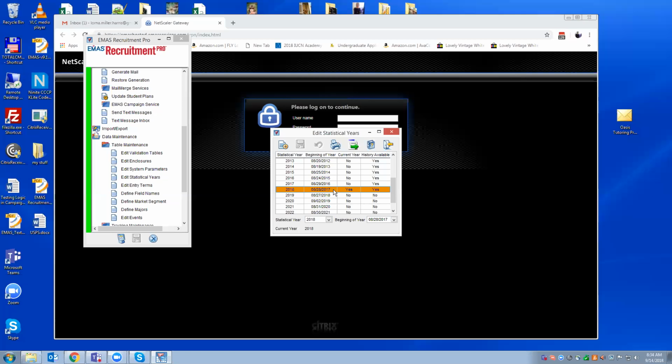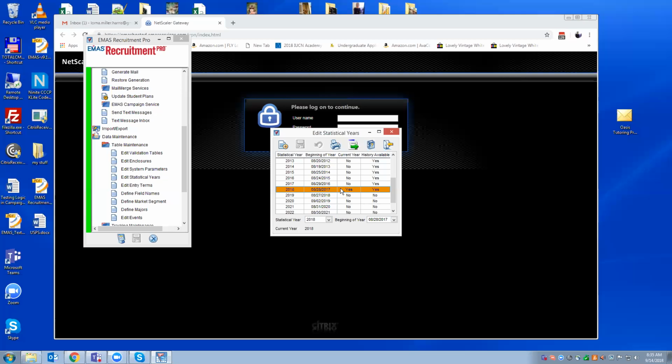And when you reach the end of a recruiting year, the enrollment history record is retired. And then if you're still recruiting them, a new recruiting enrollment history record is recreated for that student. So closing out the statistical year ends the update to those enrollment history records. So in this case, it's 2018 enrollment history records.